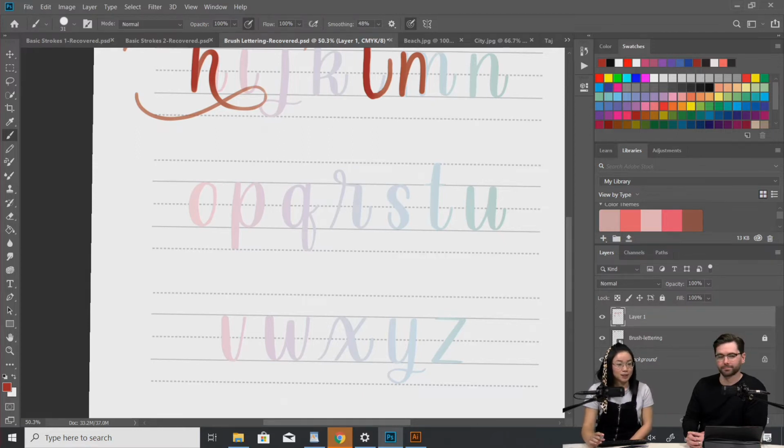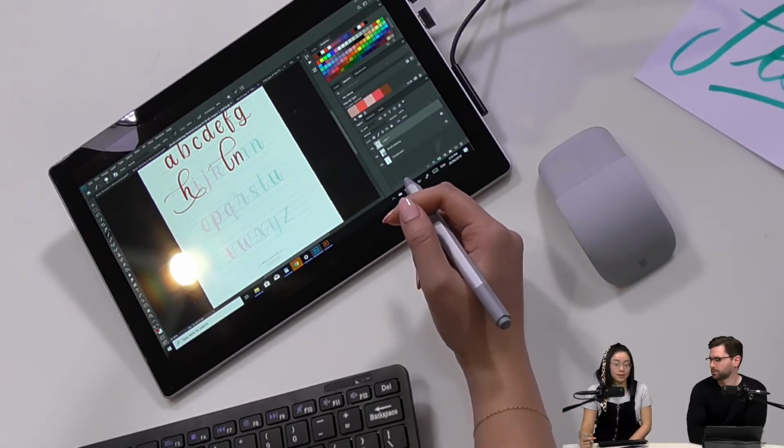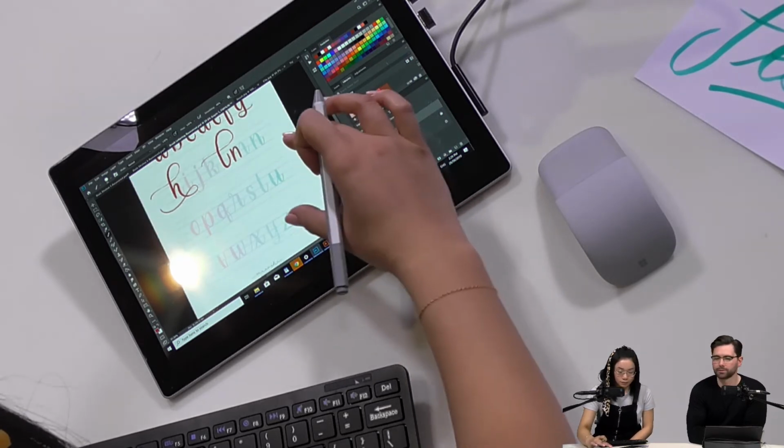So someone's asking how the Surface Pen compares to the Wacom tablet. When I first started out, I did have the Wacom tablet first, but it didn't work for me because the screen is down here and I'm looking here, so I don't know really what I'm doing. You like to draw on the screen. Yeah, so it mimics paper the most. Sadana was asking, is this the latest version of Photoshop? Yes, I think it is. You're using Creative Cloud. So we're going to do some library stuff soon, I think, as well.